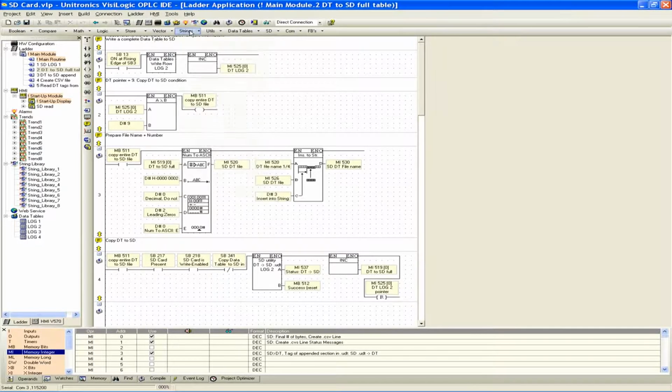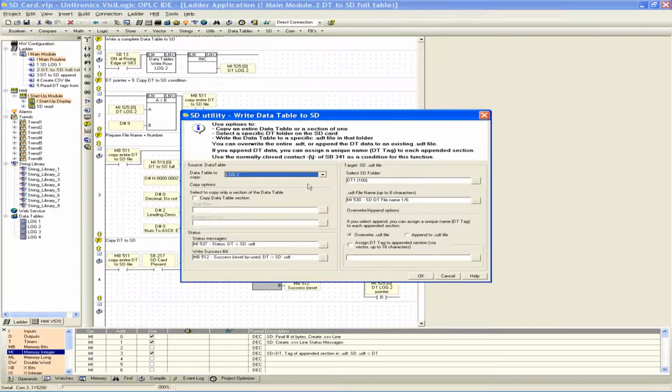But essentially, net 3 is just giving a name to the file that we're going to write on the SD card. We didn't have to do that with the log file because the log file is always preset to be named unilog.ulg, so there's no real option to name a file with a previous log line. But when you're actually copying the data table, it does allow you to give a custom name to that. So if we look at the actual function block in net 4,